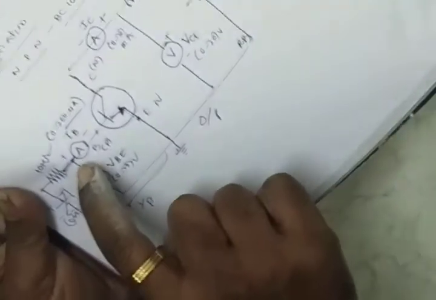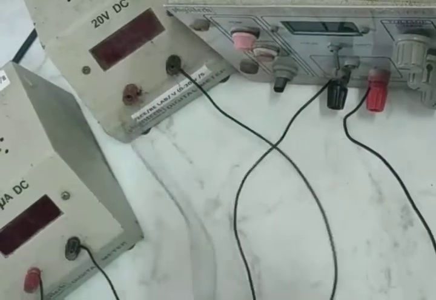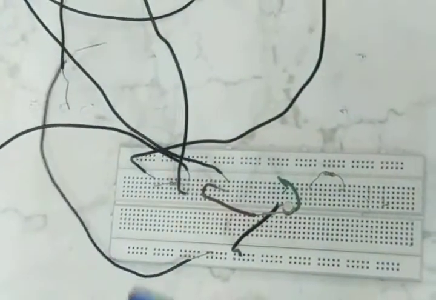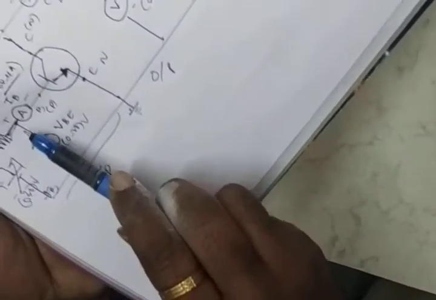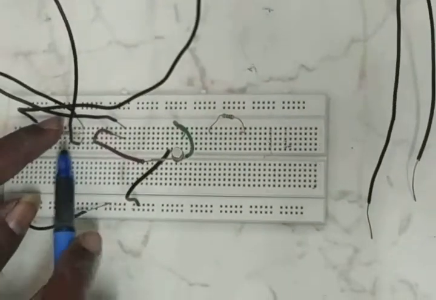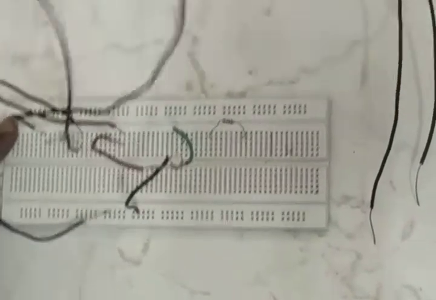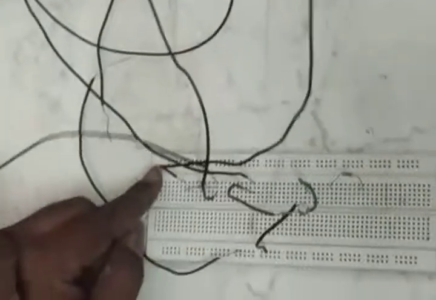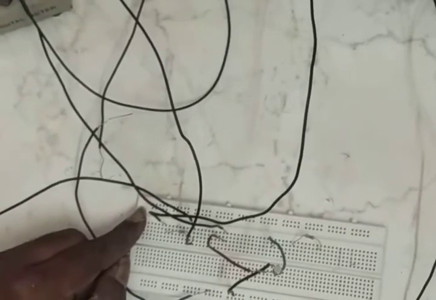Then coming to one more component we need to connect, that is voltmeter. Voltmeter positive is connected to the resistor other end, where the ammeter positive is also connected. Yes. Three are connected at that point only: resistor other end, voltmeter positive, and ammeter positive. Then the voltmeter negative is what? Voltmeter negative is connected to ground.